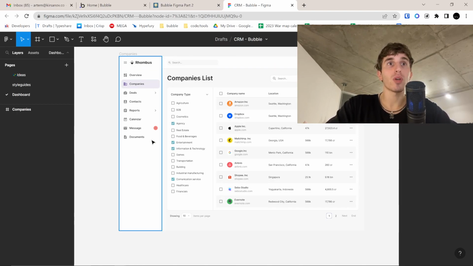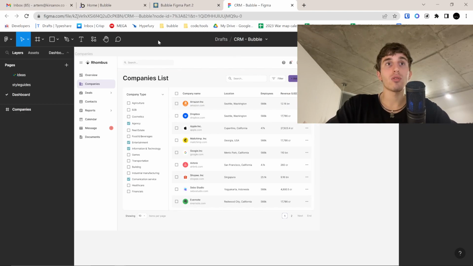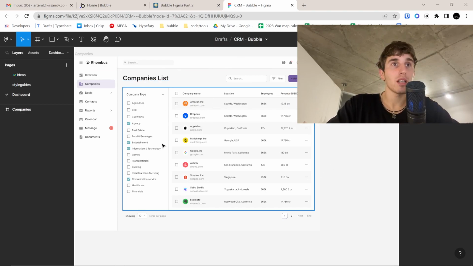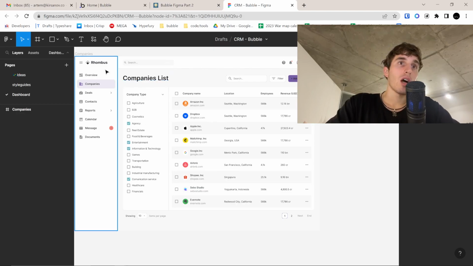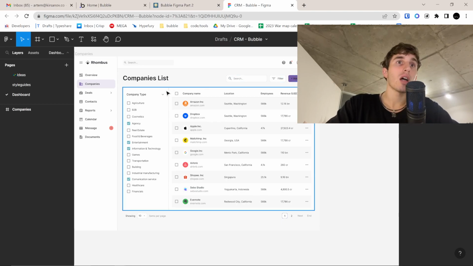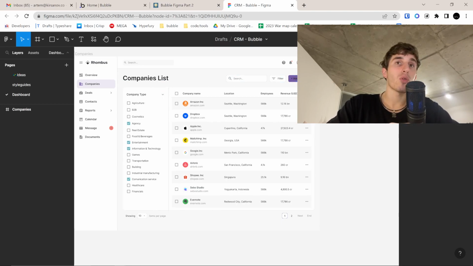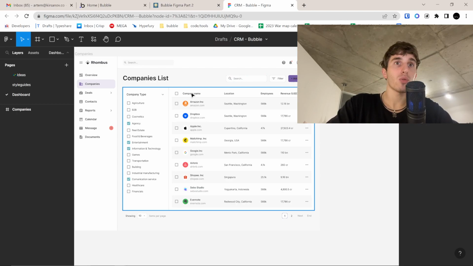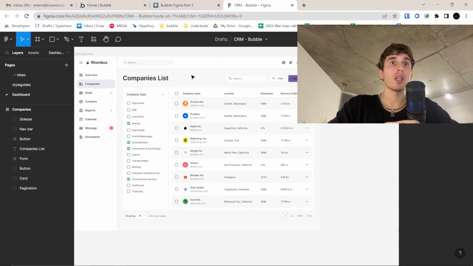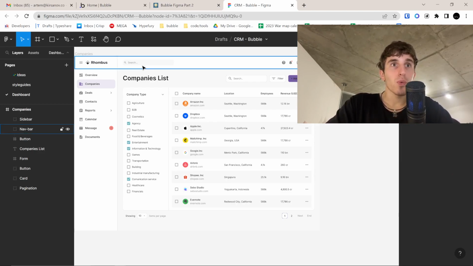We have a column container, it's the left sidebar, and also we have our company's list, so our contents. This will also be a column container. A big column container with a row container and also one more row container, and inside this row container will be a column. So we're just thinking, like a Lego,